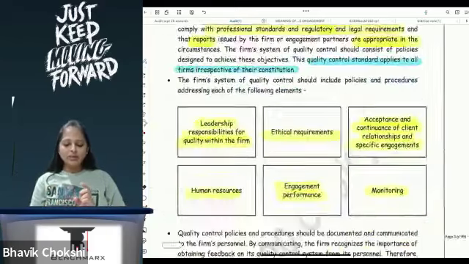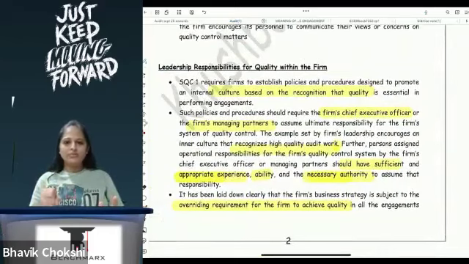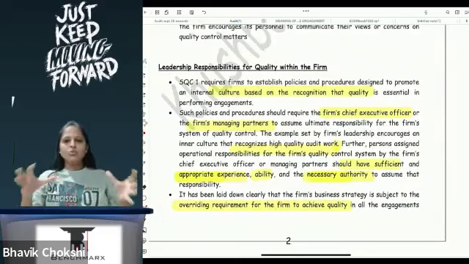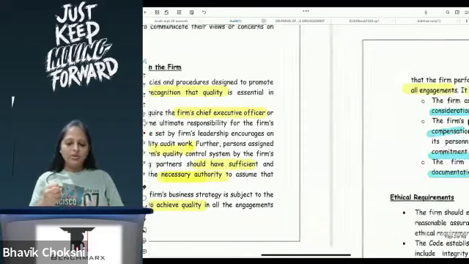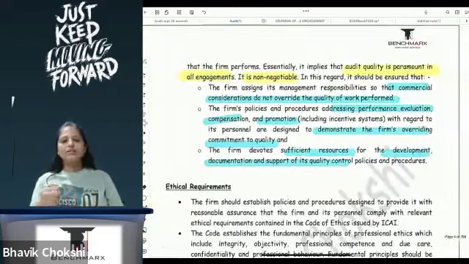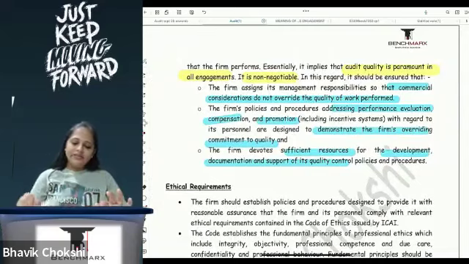So leader के लिए हम लोग को क्या याद रखने का है, that he is the person who is either the chief executive officer or your managing partner, and he is the person who is responsible for ensuring कि फर्म का जो क्वालिटी कंट्रोल है वो कैसे मेंटेन करना है. While maintaining this quality control, he will have to ensure that the commercial considerations do not override the quality of the work. Your appraisals and promotions are based on people who are doing good quality and maintaining the standards of the firm. And the third is that you have sufficient resources for documenting, maintaining, developing and supporting your quality control system. These 3 points are very, very important.